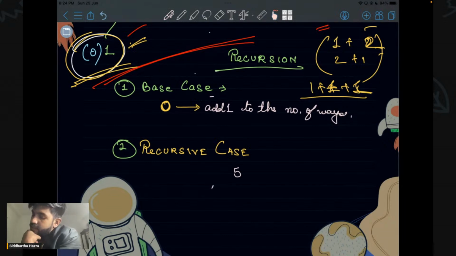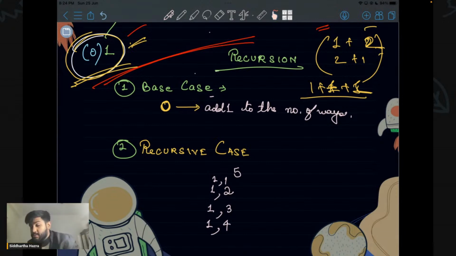So if we have 1, then I would pair 1 with which? I would pair 1 with something like 2, something like 3, something like 4, and here also I would pair up with 1 only, and then I can't pair up with 1 and 5 because it is more. So if you look at it like this,